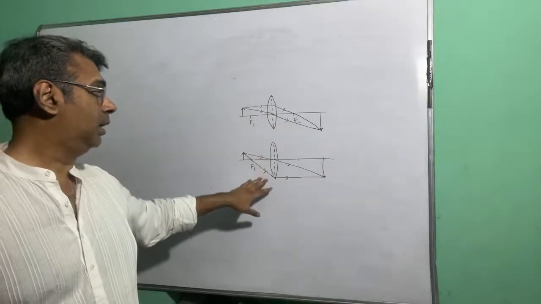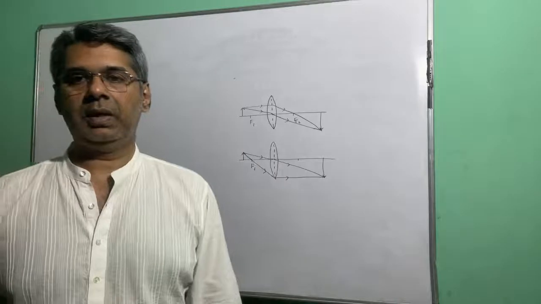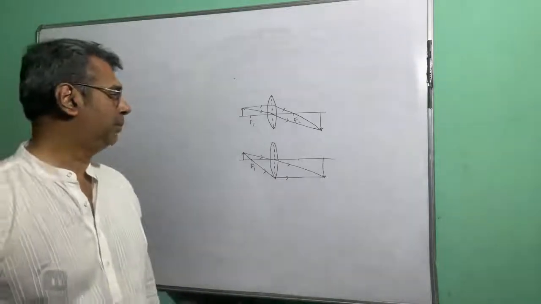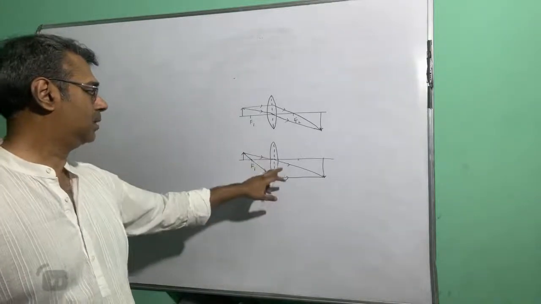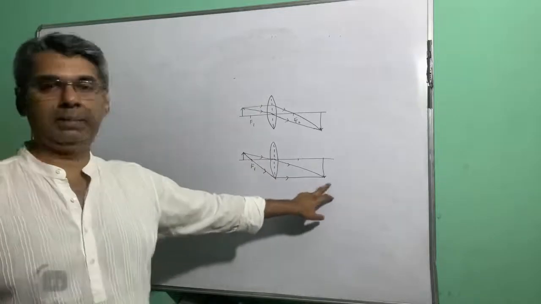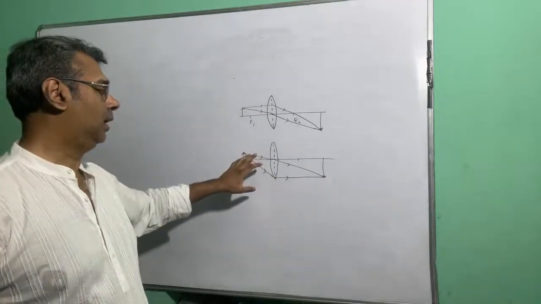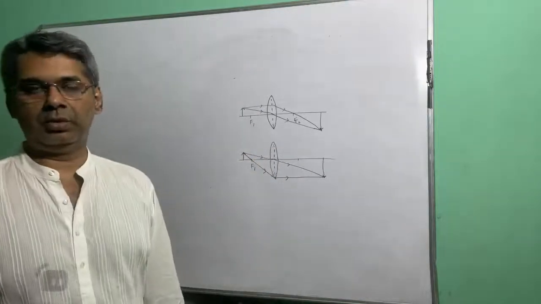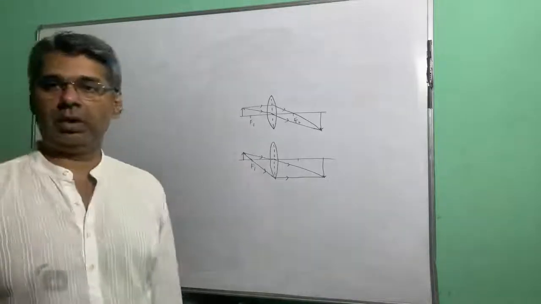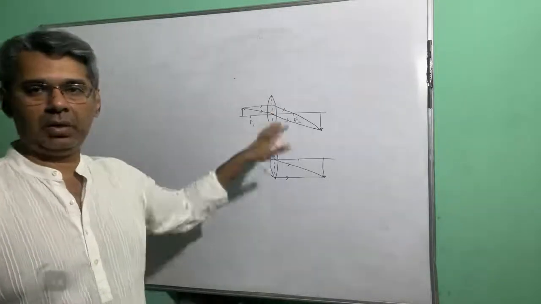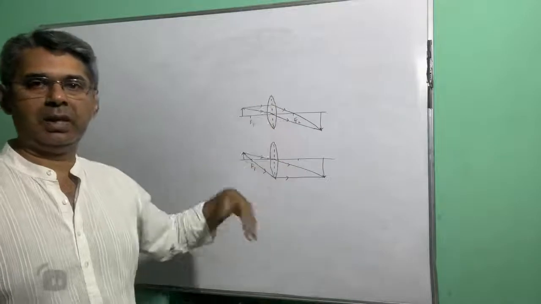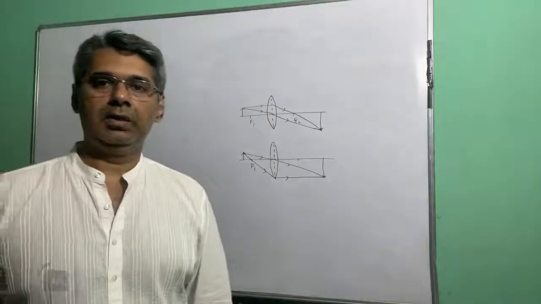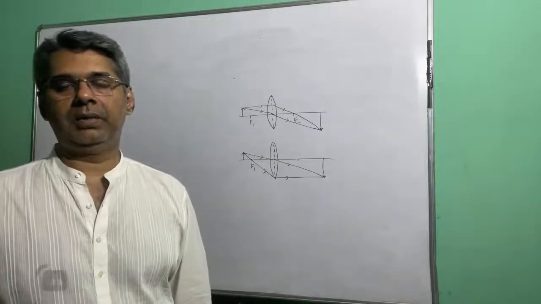The same way you will have to do for this one: the ray through optical center and the ray passing through F1 and becoming parallel to the principal axis, for a concave lens. So you will have to make these two diagrams for a concave lens. I have done it for the convex lens. The similar two diagrams for the concave lens, you will have to do as homework and submit it by